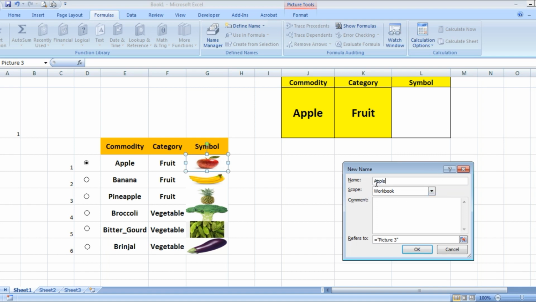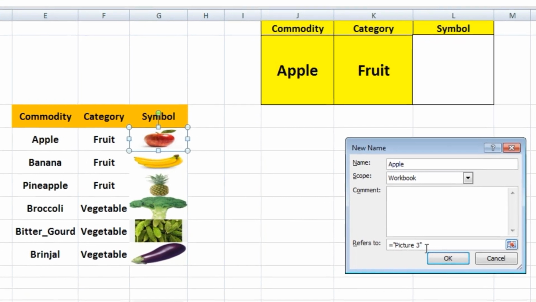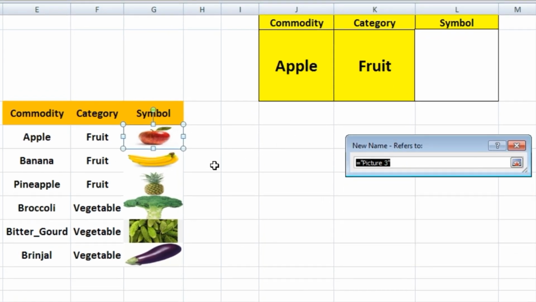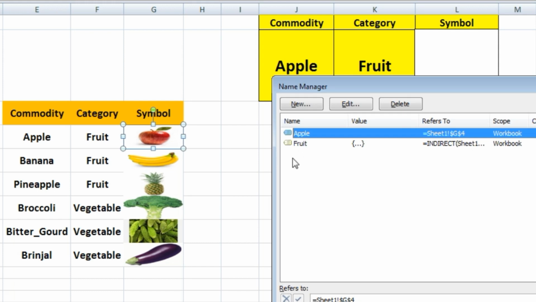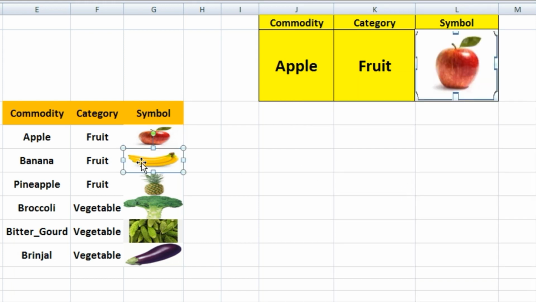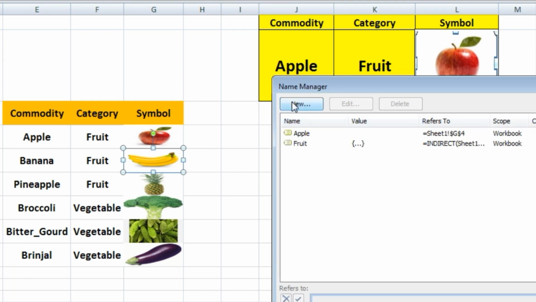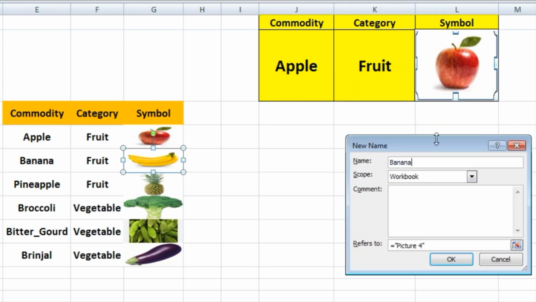The spellings must be the same, apple here and apple there. In the reference I will give the reference of G4, which I have to give manually. Then close. For the next fruit, Name Manager, New, banana.